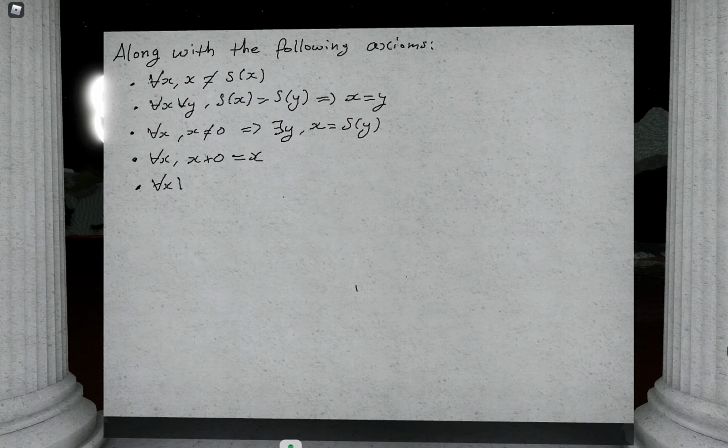We have this next rule about how the successor interacts with addition. Multiplication on the right by 0 is equal to 0. And then lastly, we have the way that successor interacts with multiplication.